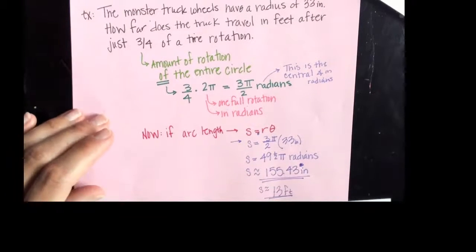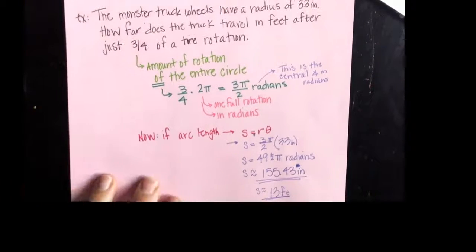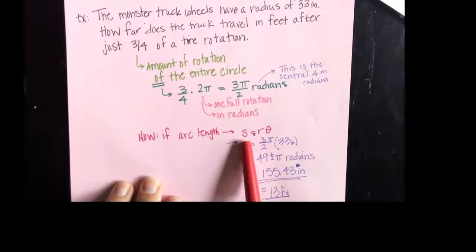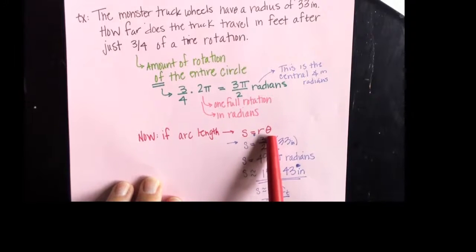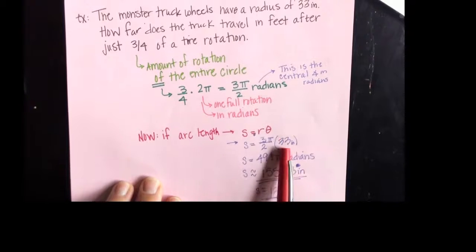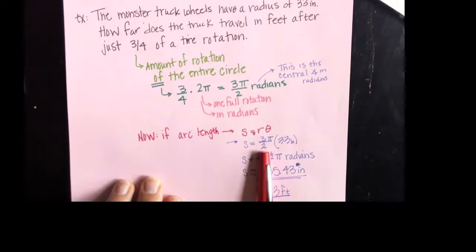If arc length has this formula, right there... fell asleep, nodded off. But our formula is arc length is radius times the angle measure in radians. We have our radius, which is 33 inches, our radian measure, 3 pi over 2. And we end up with